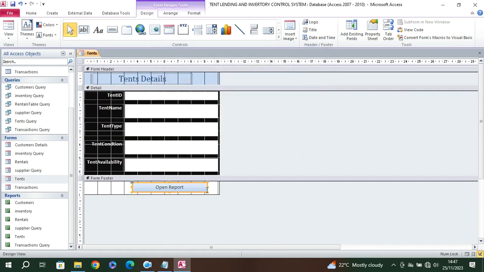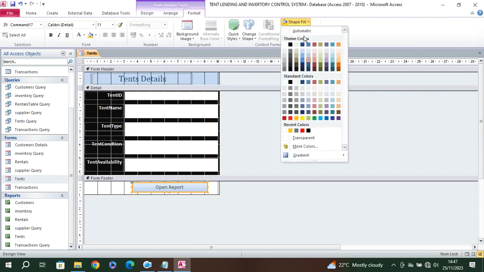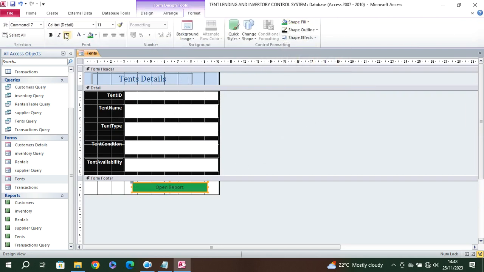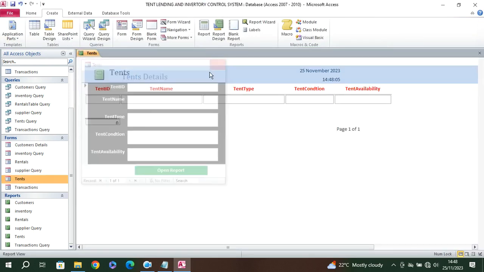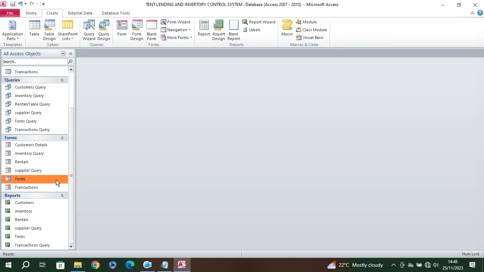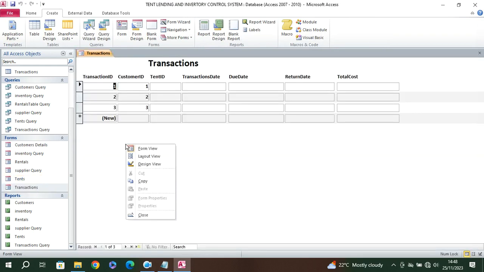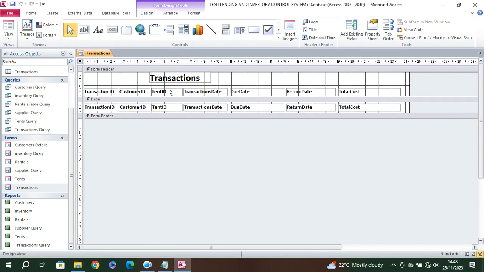So this is my report. So I can have my report there. Open report, save, home. So whenever I click on it, I am in a position to see the tents. Transactions: you shall have the transactions report up here. So you shall have, first of all,